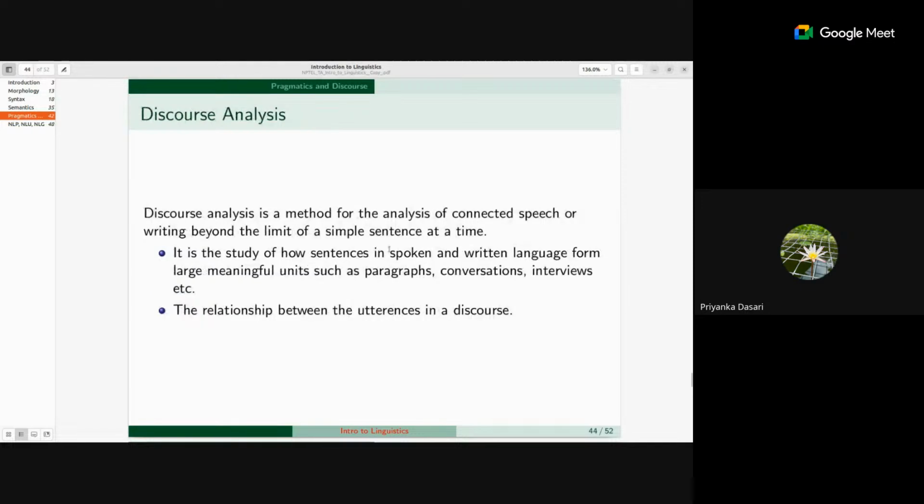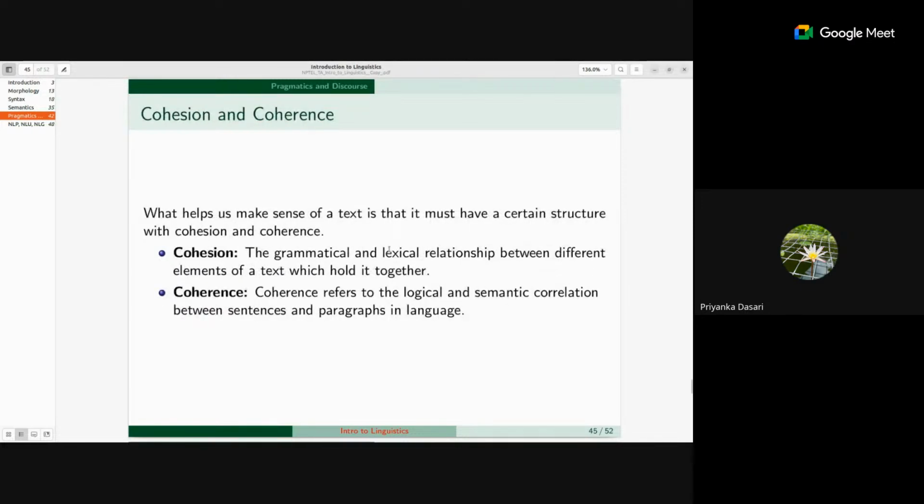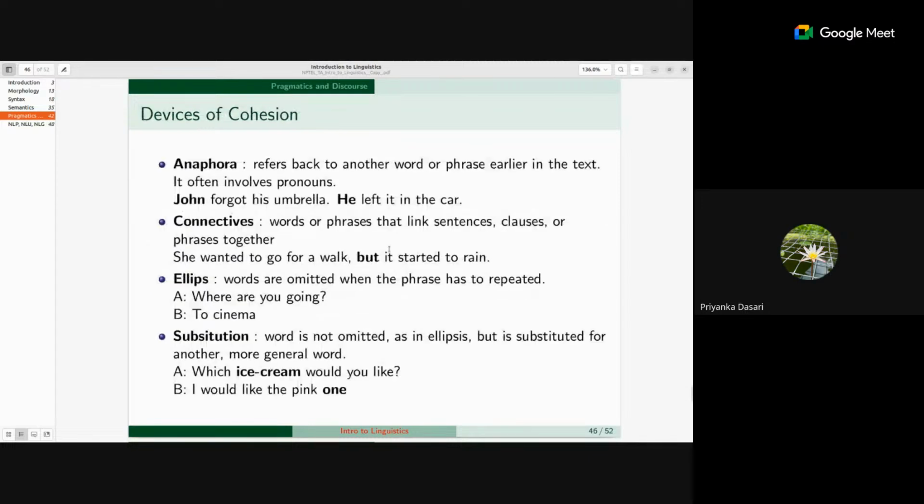And this discourse has coherence and cohesion. Cohesion is the grammatical and lexical relationship between the elements of the text, which holds it together, and coherence comes with the logical and semantic correlations. Here are some devices of cohesion, like anaphora, which refers back to another word or phrase earlier